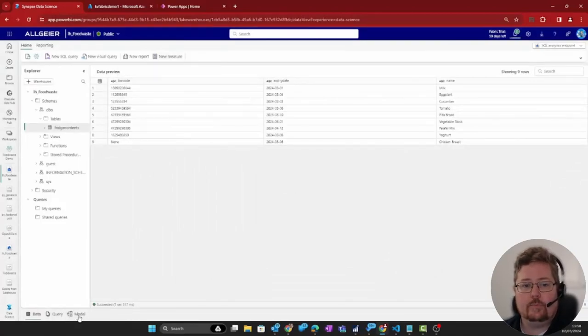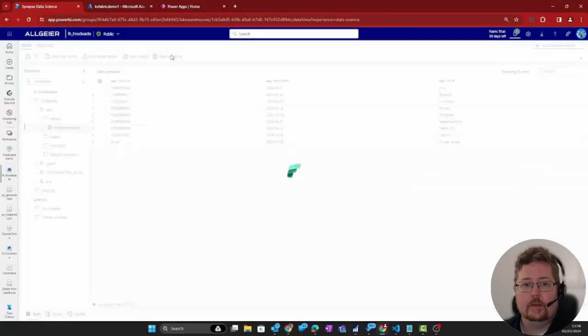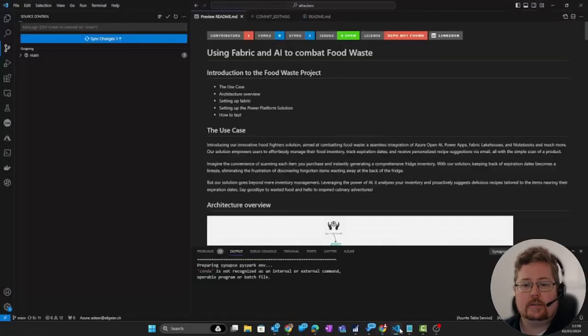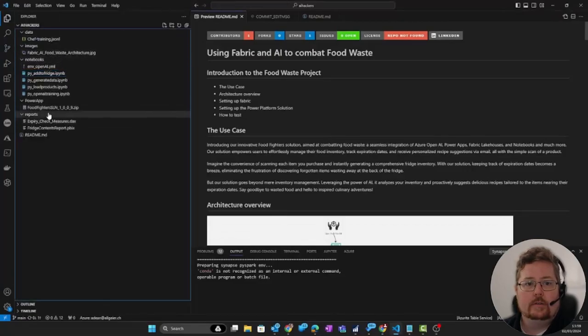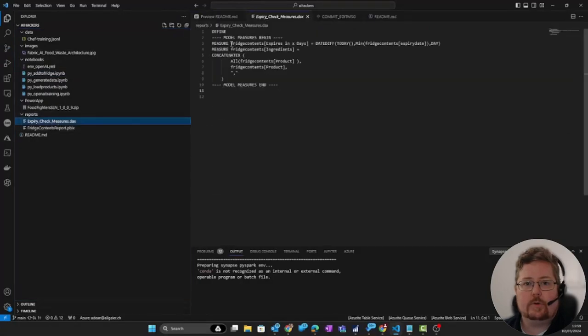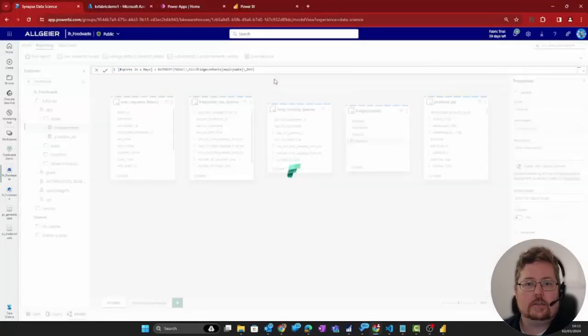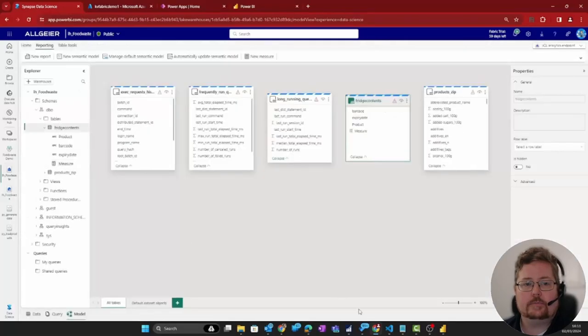So we're going to create a new measure. And we've also created a DAX file for you guys to use in the Git repo to give you the syntax for the measures for the default semantic model. So the first one is expires in as many days. In this case, we're calculating 5 days